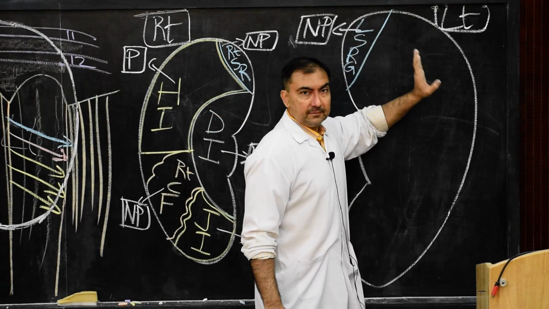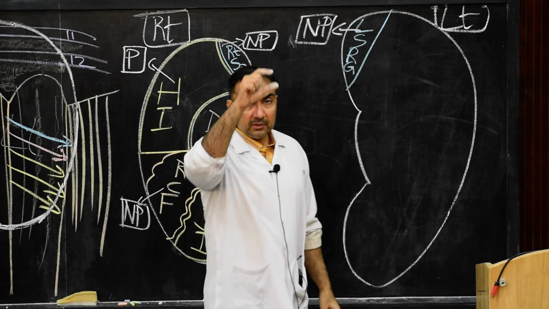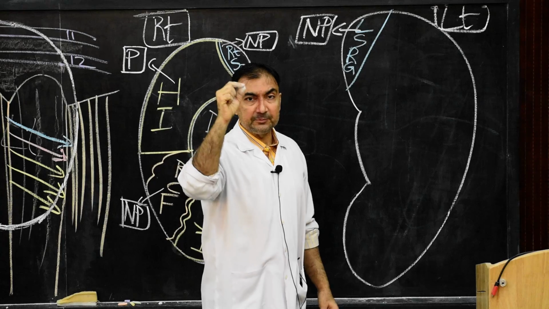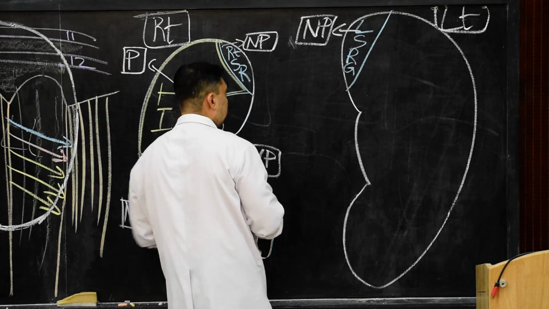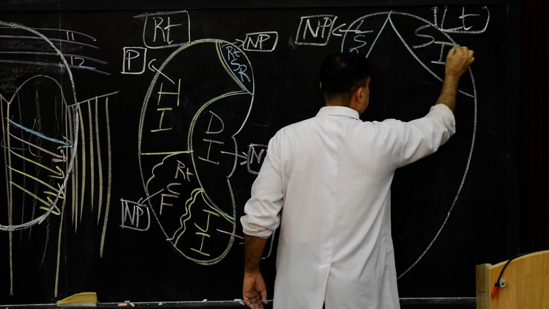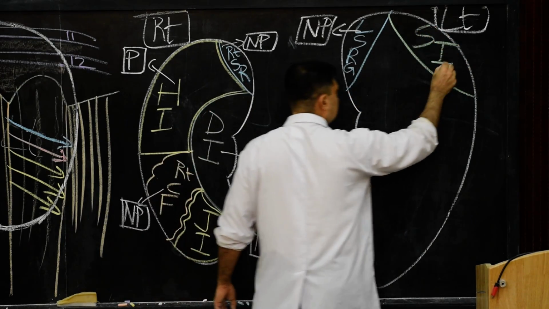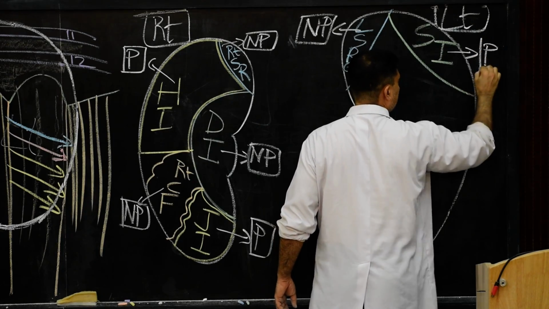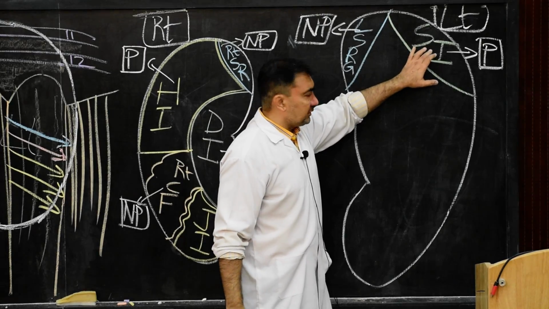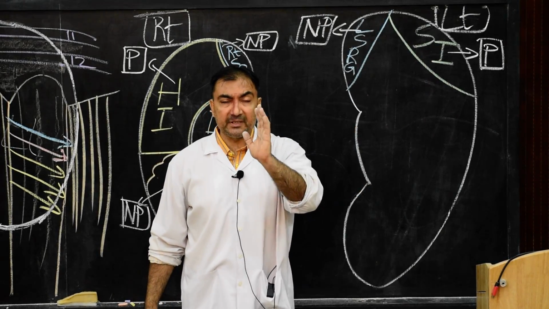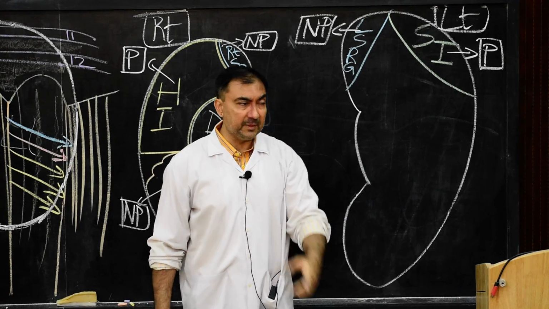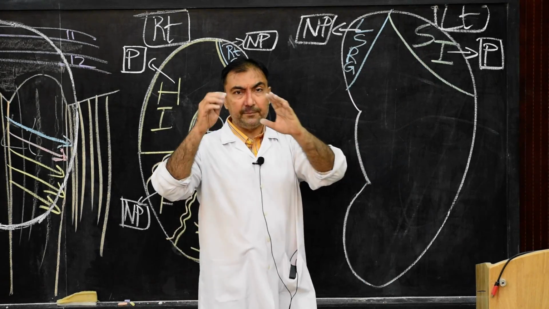Then just left to this, we draw a small triangular or oblong shaped patch for the splenic impression. So here we give this as splenic impression, impression number 2, and this splenic impression is totally peritoneal. And this is related obviously with the renal impression present on the spleen. Remember spleen? We have discussed spleen. So the renal impression present on the spleen is related with this splenic impression, which is totally peritoneal.